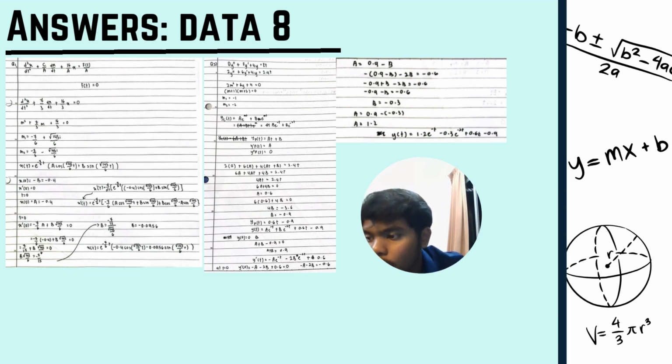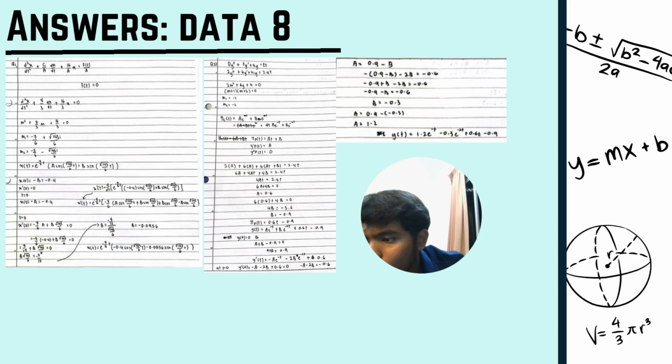So we're going to continue with question number 2. As usual, just put in the equation for question number 2, which is 2m squared plus 6m plus 4. So m1 is going to be negative 1, m2 is going to be negative 2. So for yc(t), we just input a e to the negative t plus b e to the negative 2t. Then yp equals at plus b, y prime p equals a, y double prime p is equal to 0. So we're going to put in all the numbers that we have just now.